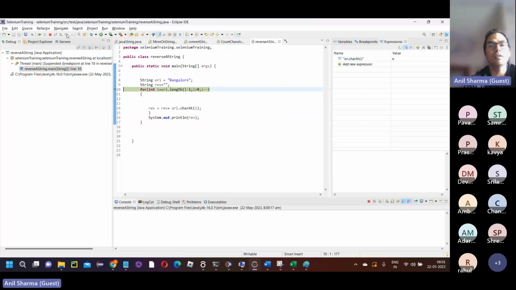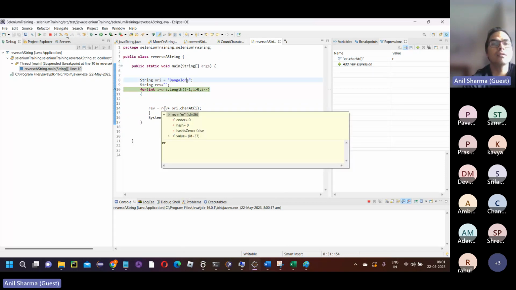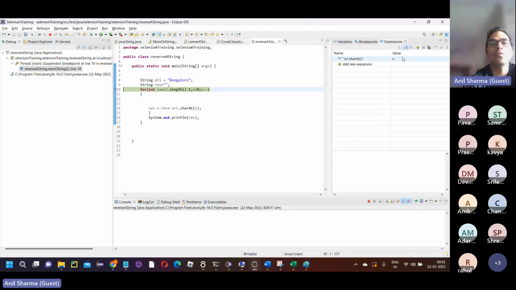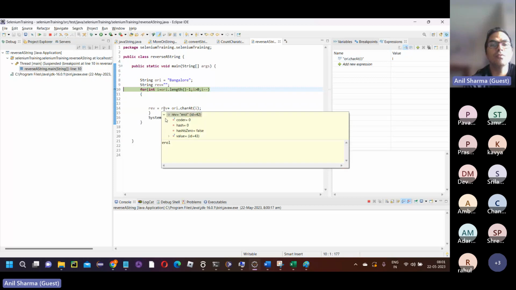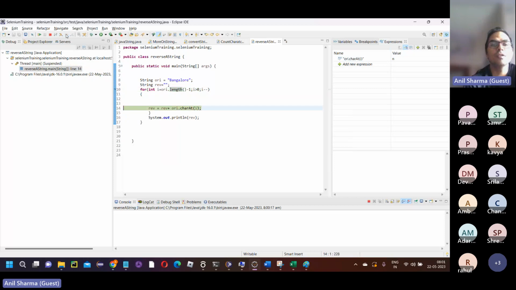Now let's press F6 again. It will go to the next one. See R, you can see in the right side, R is coming. And what is the reverse containing now? See, ER, right? It will keep adding O, then L, and keep checking your reverse value. See, ROL. Keep doing, and finally, I did length - 1, so that's why let's change it to length,